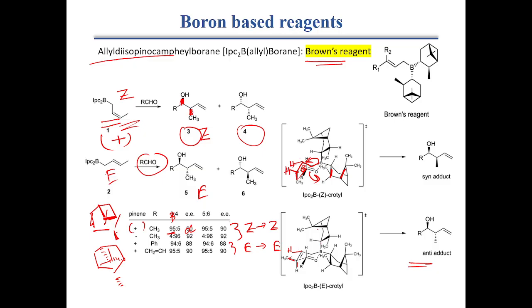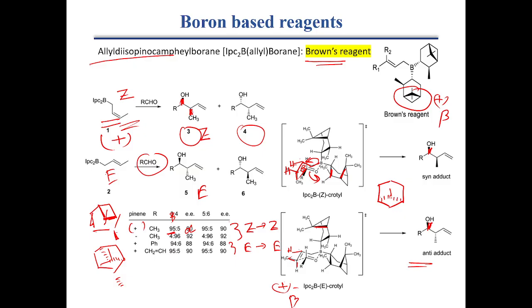But as we are using the plus or beta pinene group, the attack happens from the alpha face, and the product we get is the beta alcohol as the major product. This is the beta alcohol product. In this case also, we are getting the beta alcohol product as we are using the plus or beta Brown's reagent, or pinene. If we use alpha